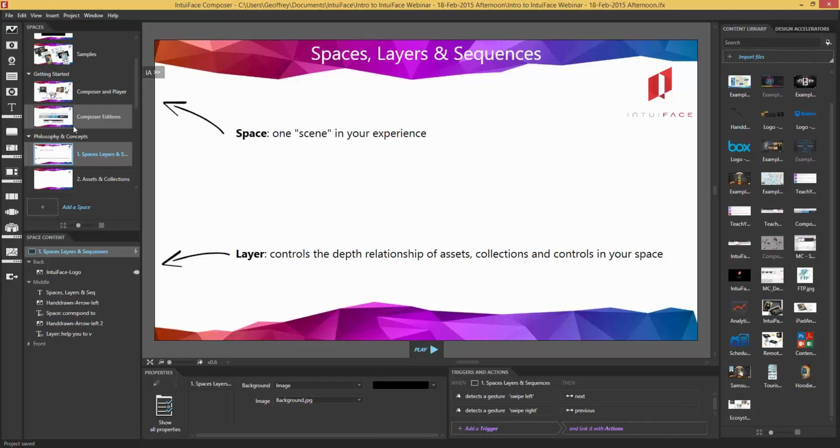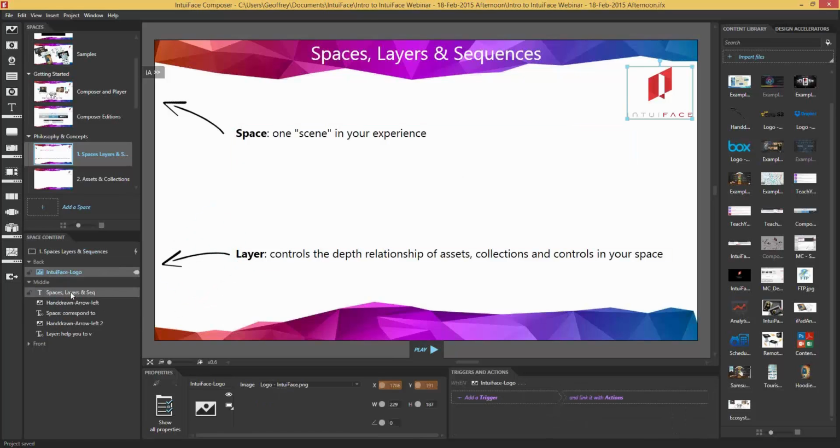Whichever space I select in the Spaces panel, its content is revealed in the center panel that we call the scene. This is where you do your editing. As you'll see shortly, it's a what you see, what you get editor. Everything I add here, you can see it, you can manipulate or rotate it, move it around. It's very explicit. So whichever space I select in the upper left, I have its content visually here in the scene. And in the bottom left, I get a summary of those items